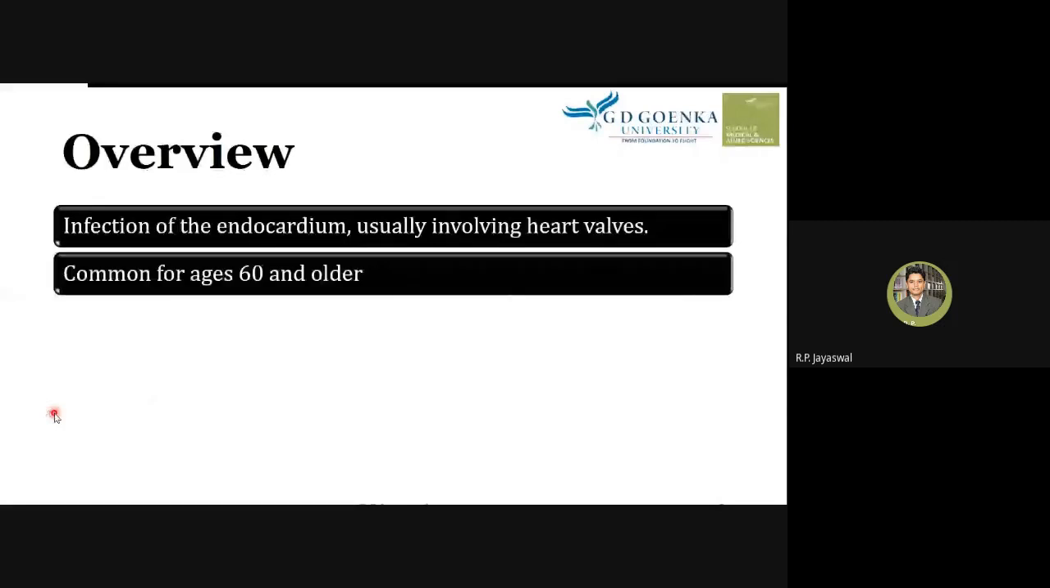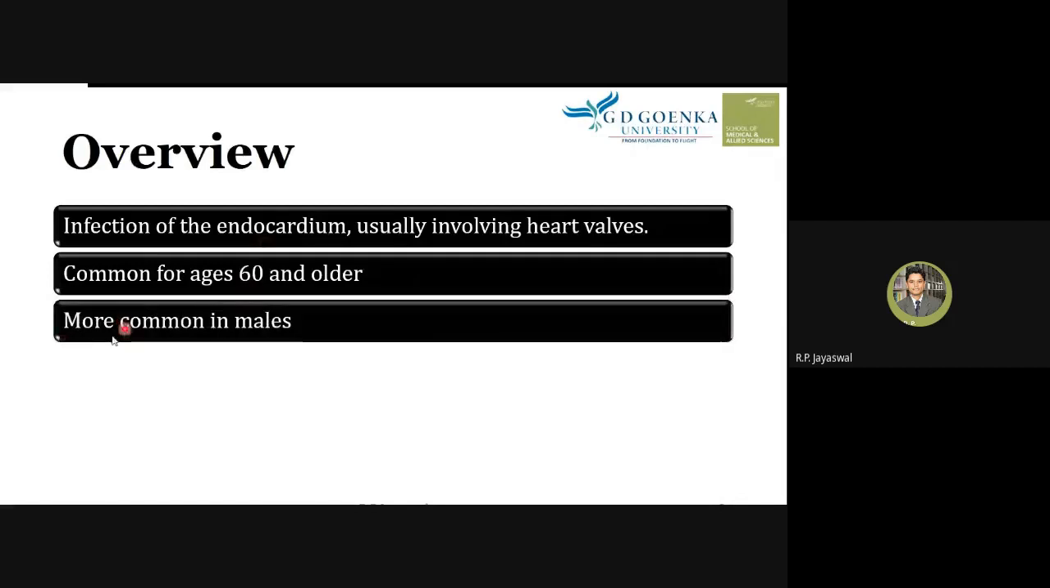Usually, infective endocarditis occurs among people who are above 60 years of age, or who are older. So this is the prevalence of infective endocarditis. People above 60 years usually get the infection with some bacteria and get infection in the endocardium of the heart. Basically, this is more common in males